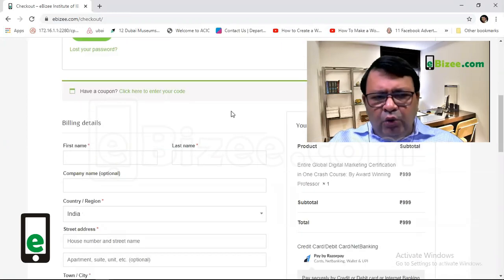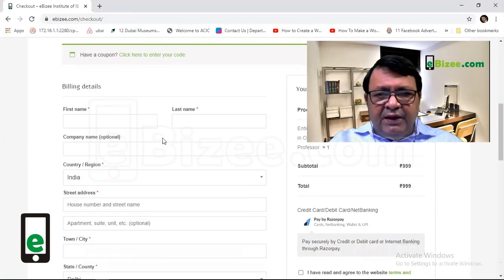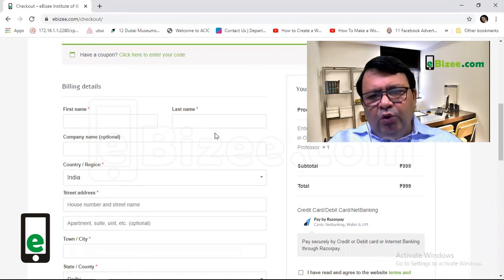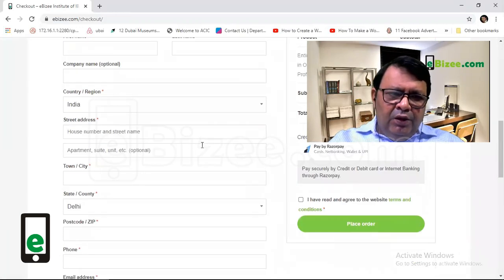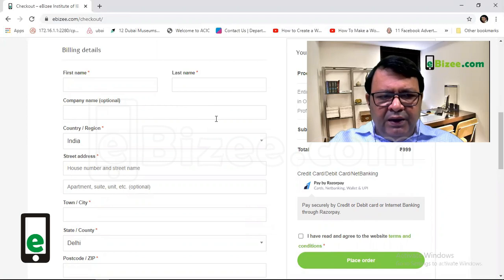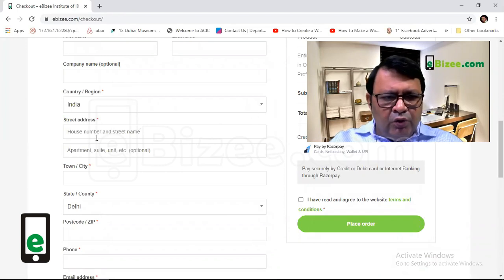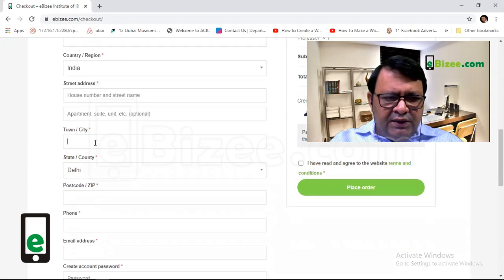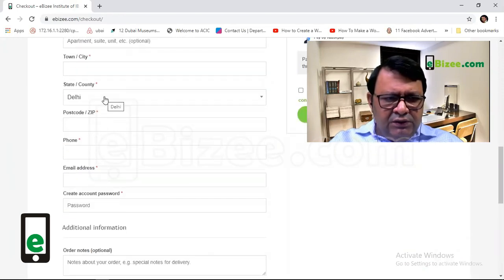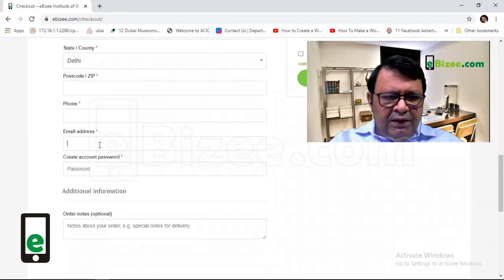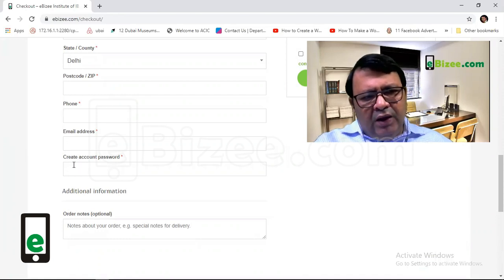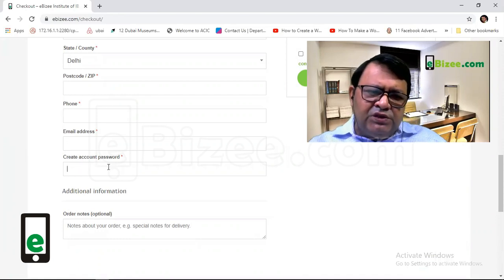If you are a new customer, you have to fill all these details because you cannot check out without creating an account. This account creation is automatic. What you have to do, you have to put your name, company name. If it is there, it is not mandatory. Very important, you have to put your country, choose your country, which country you belong to, your address, your city, your state, your zip code, phone number, email ID, and you have to use some password which you can remember